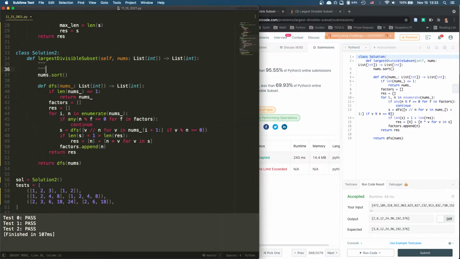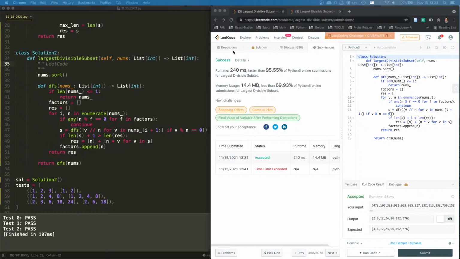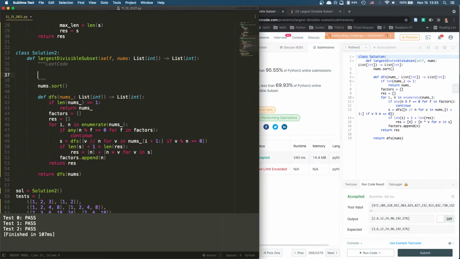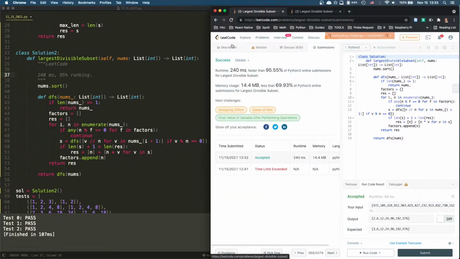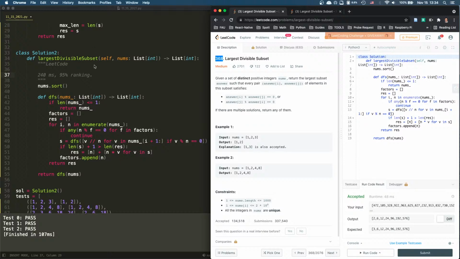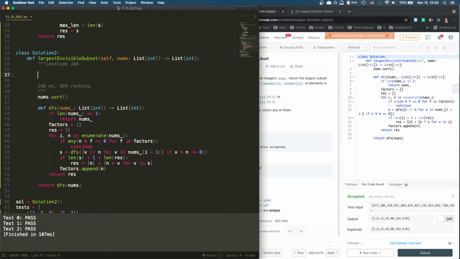So, what is the solution? I don't know how to explain. I really don't know how to explain. So, okay, I'm gonna put LeetCode first, and I don't know the time complexity, but I do know we hit 240 milliseconds, 95% ranking. Okay, so this is 368. All right. So the idea is